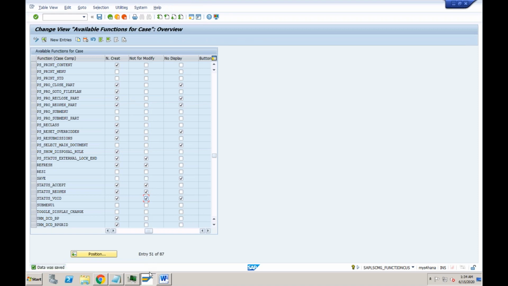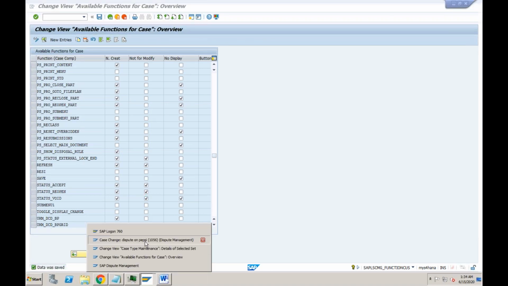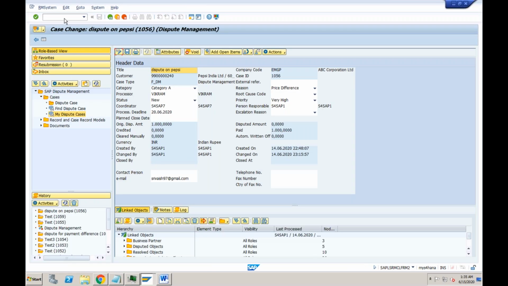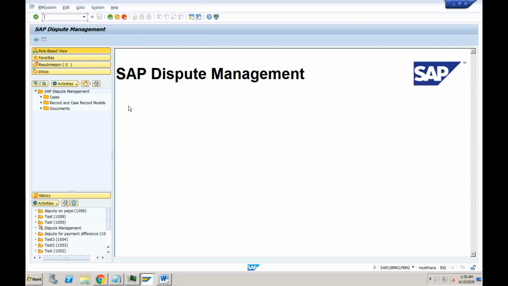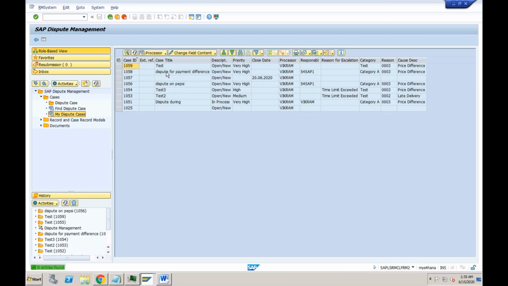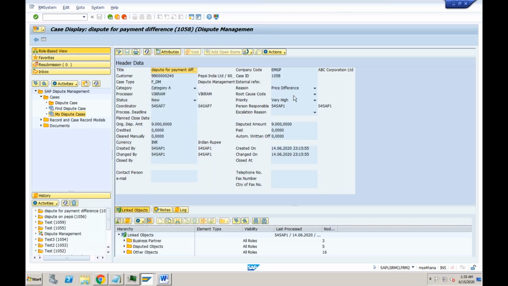Then again, I'll go to UDM underscore dispute. If I go to my dispute cases and open a particular dispute case here, now let me go to the change mode.